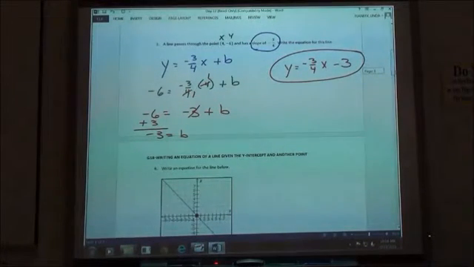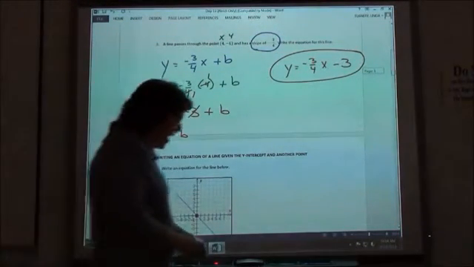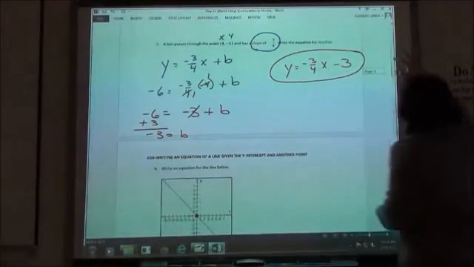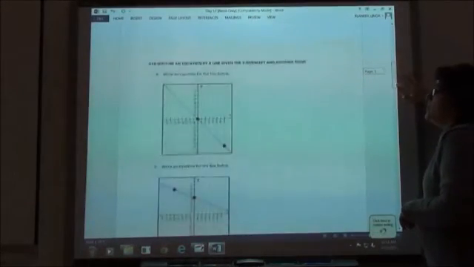Now taking that same concept, now moving it down to when I have a graph and how I can write the equation of my line. So again, we want to